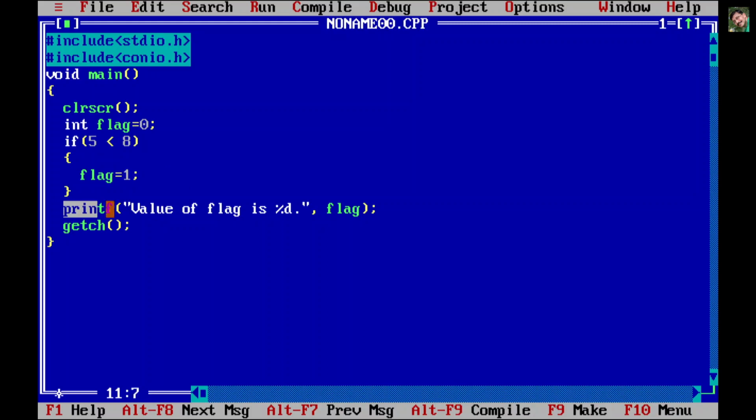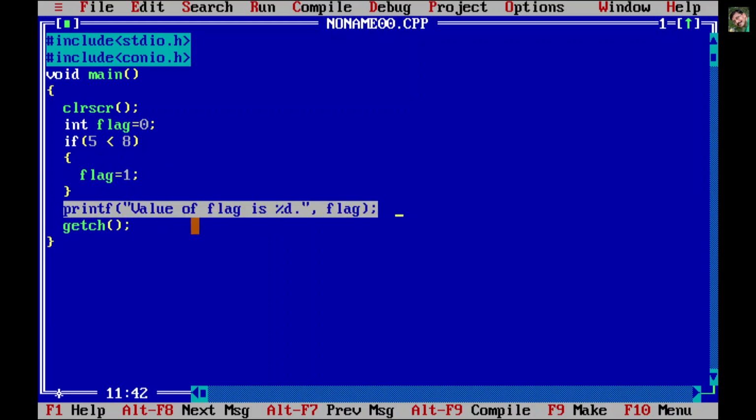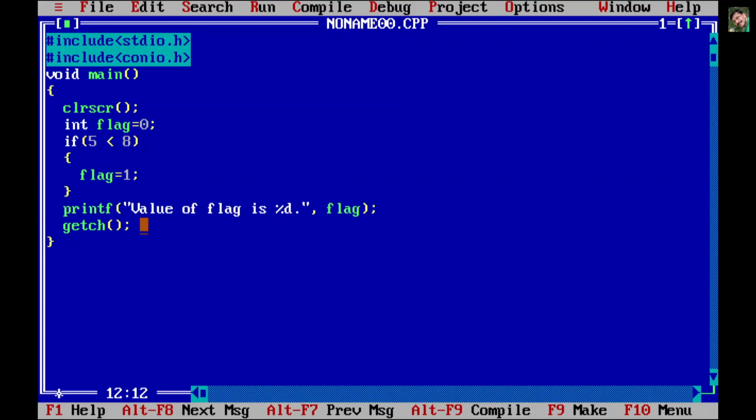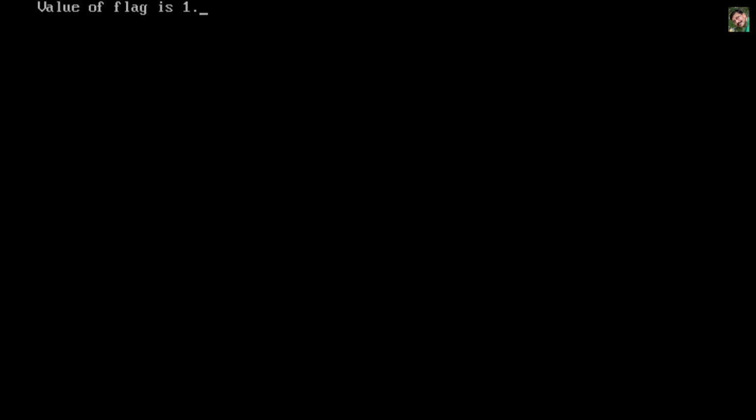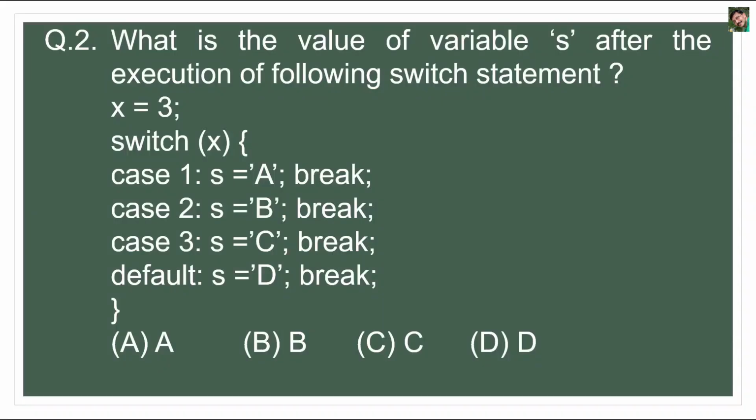Then we print to check the value of flag: printf value of flag is %d, flag, and then getch so that we can see the output properly. Let us run this program, and as you can see it says value of flag is 1.